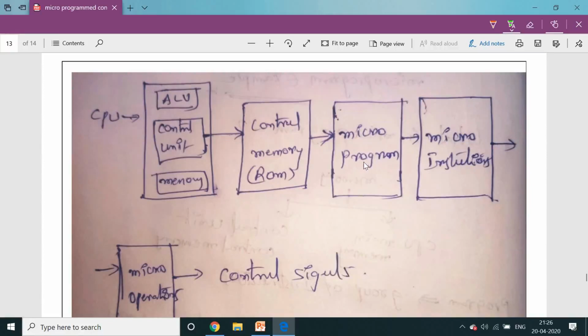A program is a group of instructions, and an individual instruction is simply called a micro instruction. A micro instruction generates different micro operations, and those micro operations generate control signals. With the help of micro operations, we perform different actions in the processor.